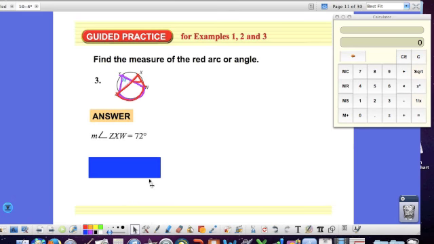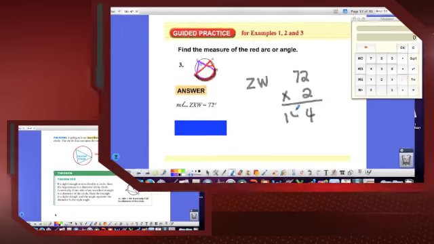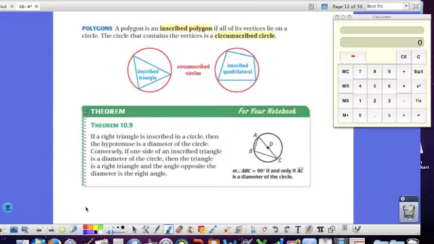So it is also 72 degrees. Now, if they had asked us, they didn't, but if they'd asked us to find this arc, ZW, 72 times 2 is